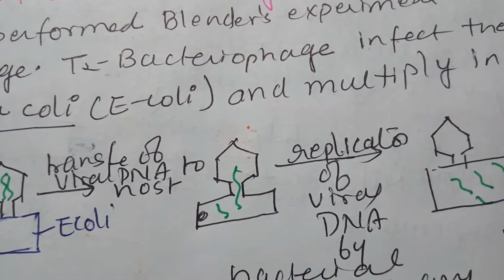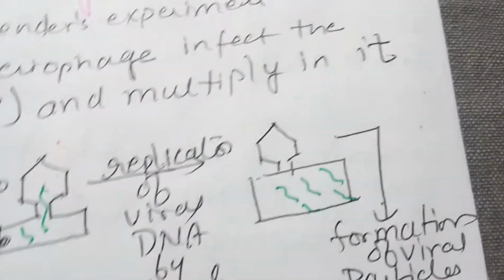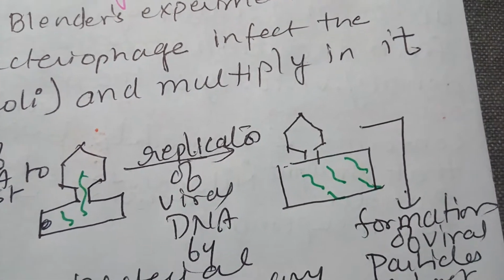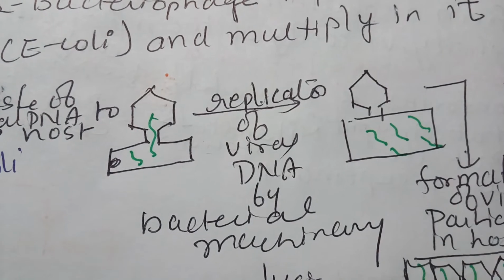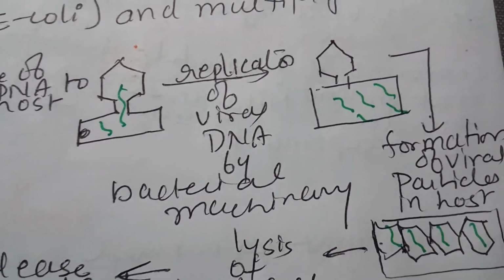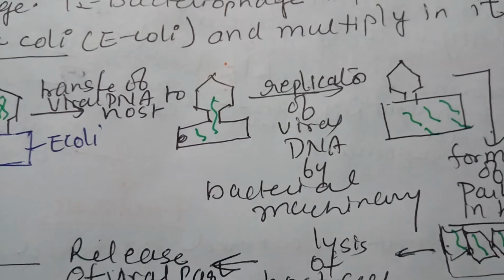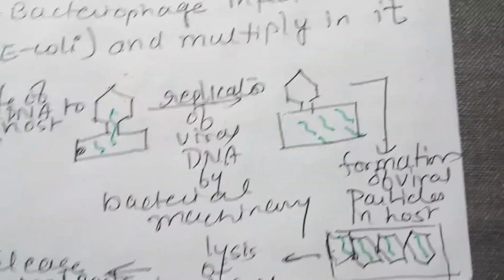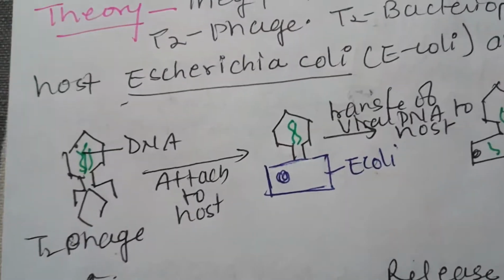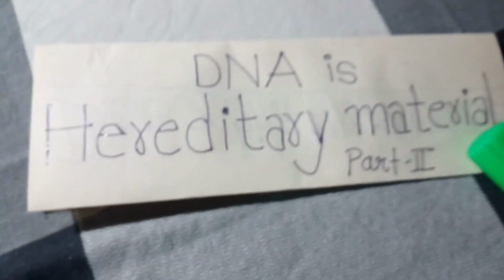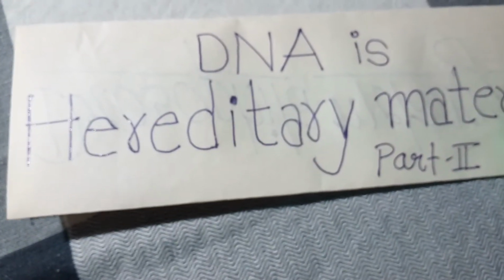So the whole DNA goes into the E. coli, and then in the E. coli the DNA replicates, or DNA copies are formed, but the DNA copies are formed with the help of the machinery of the host, that is bacteria. So bacterial machinery is now utilized in the multiplication of viral DNA. Once the DNA copies are formed, they are encapsulated by the protein coat, and now they lyse the bacterial cell and are released into the environment, ready to infect other cells. This is a kind of cycle that a virus follows, and here we will see how they performed the experiment.